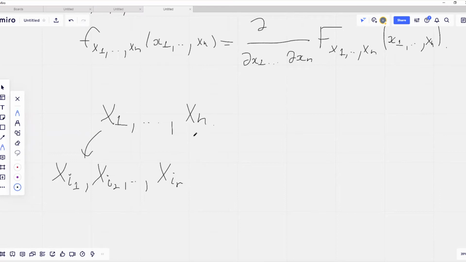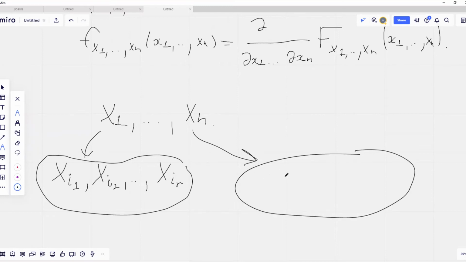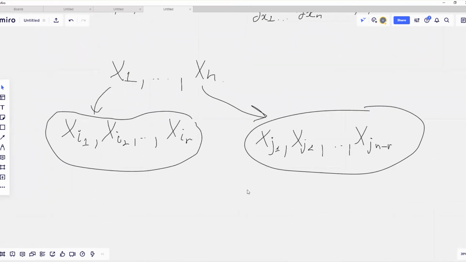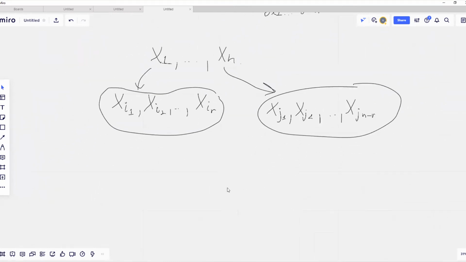And let's assume you are interested in this subset. So basically, our list of random variables is divided into two subsets, and we'll call the left random variables xj1, xj2, up to xj(n-r), since in total, the number of random variables in both subsets should be equal to n, right? Now, if we are looking for the marginal PDF of the first subset, the xi's,